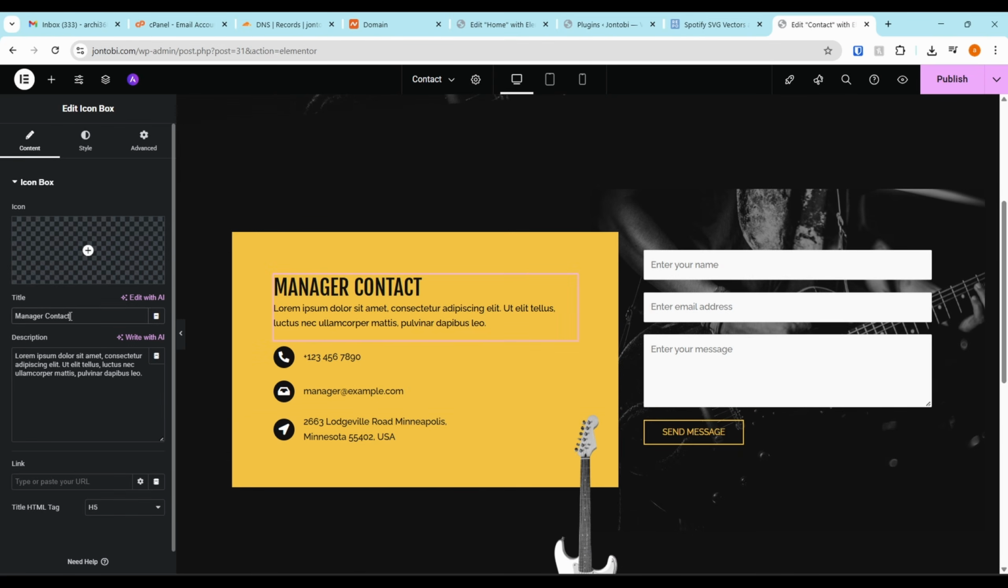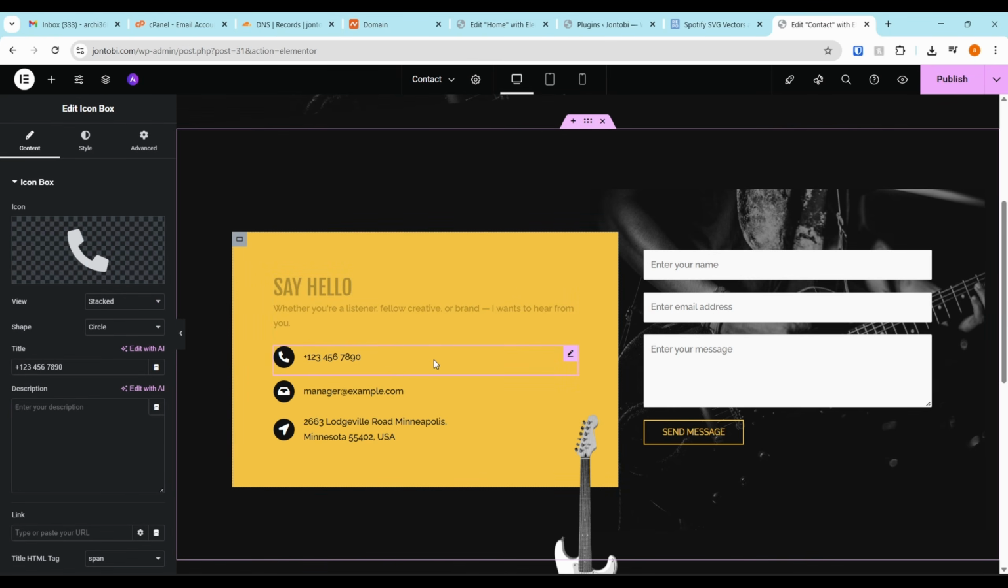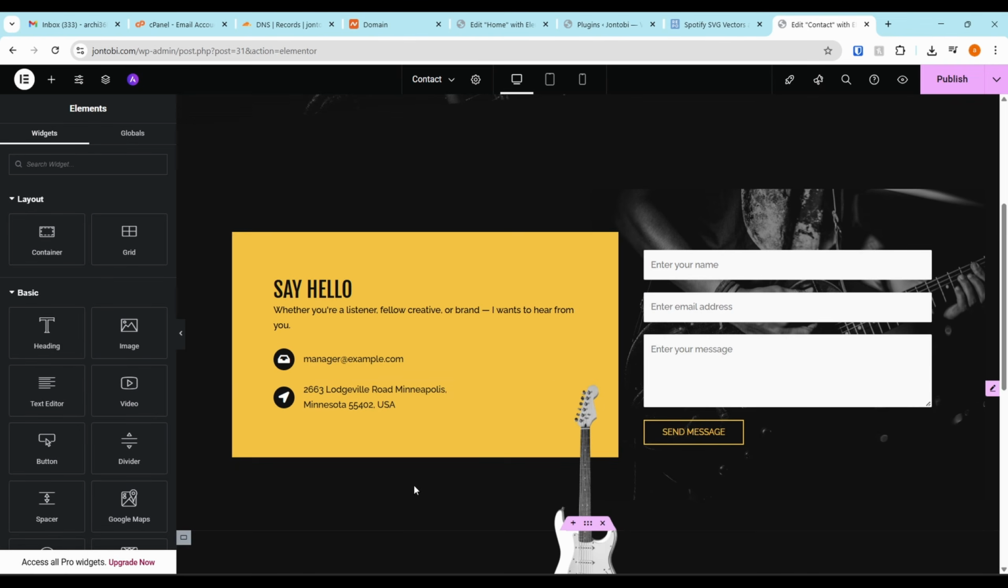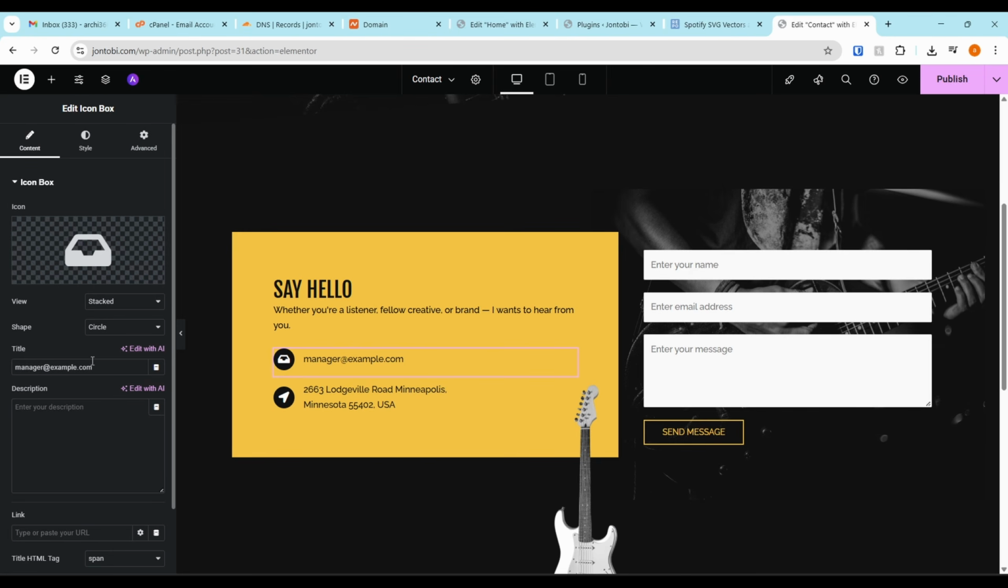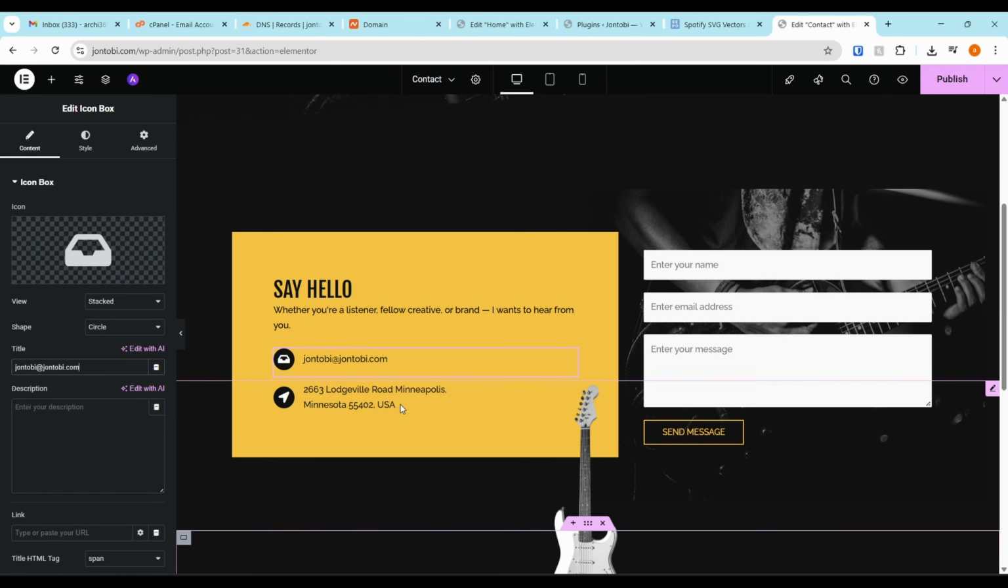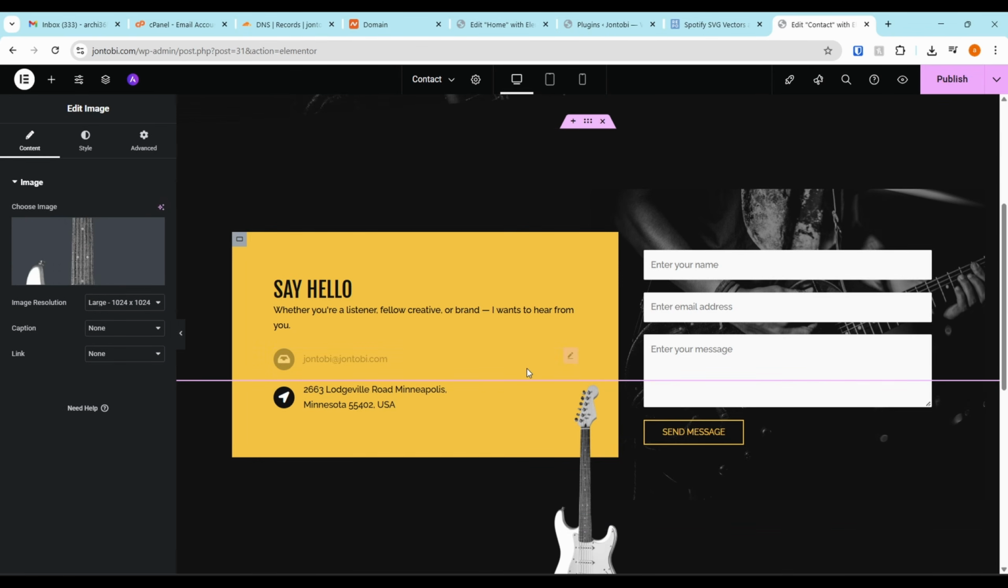I'm going to replace some of the text here. You can put in your phone number there. I'm going to take that out. I'll put in his email. So it's johntoby@johntoby.com. Then for the address line,